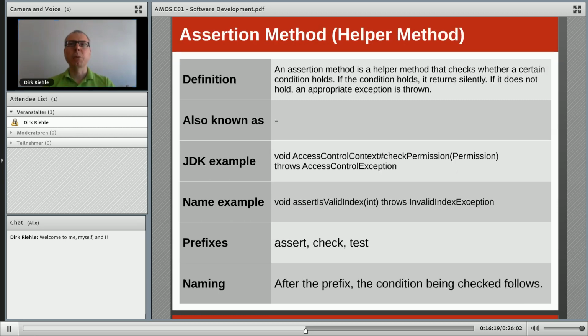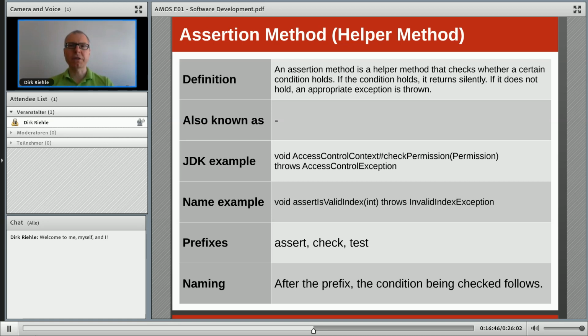Everyone knows that. But as you become more of an expert programmer, you will learn about many other methods, for example, assertion methods. You can write assert statements, but sometimes that's not enough and you need more complex assertions, so you turn them into a method of their own. These are helper methods, which will throw an exception if the assertion is not met, and otherwise you pass through them silently.